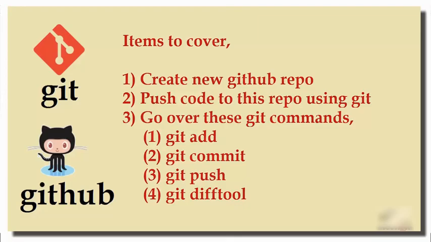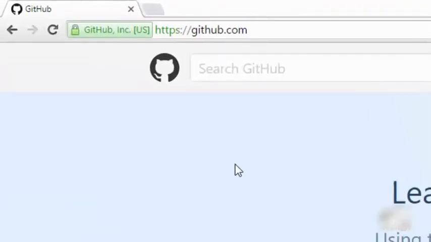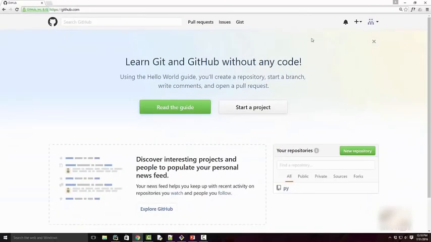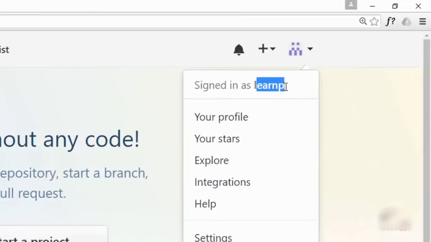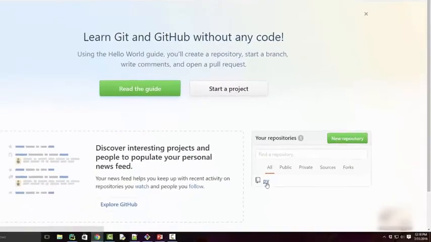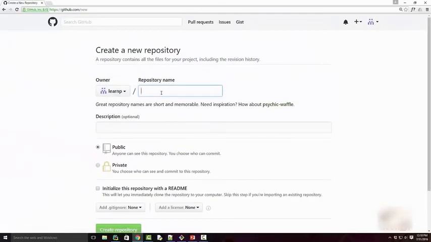To create a GitHub repository, first of all, you need to go to github.com and create an account. I already have an account, so I'm already logged in as a LearnP user into github.com. I already have one repository called py. I'm going to create a new repository. I'm just going to call it test